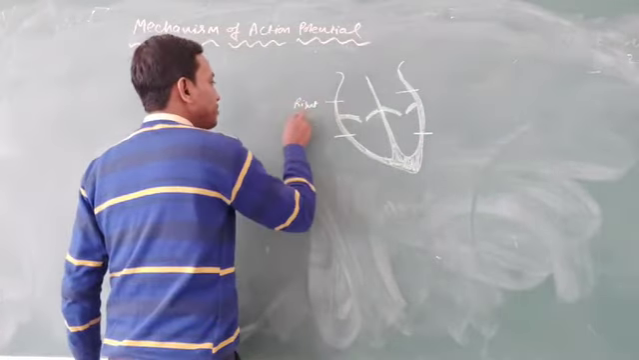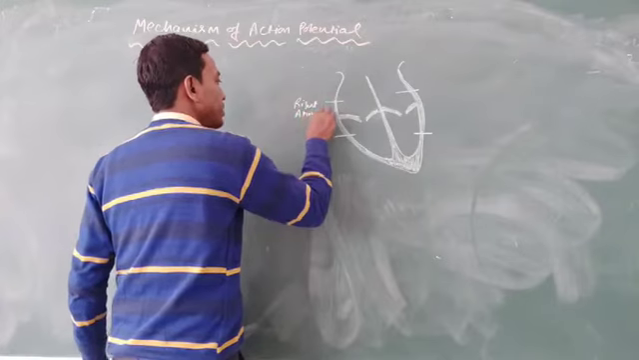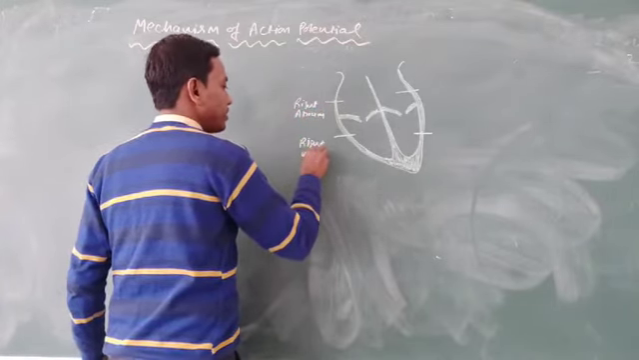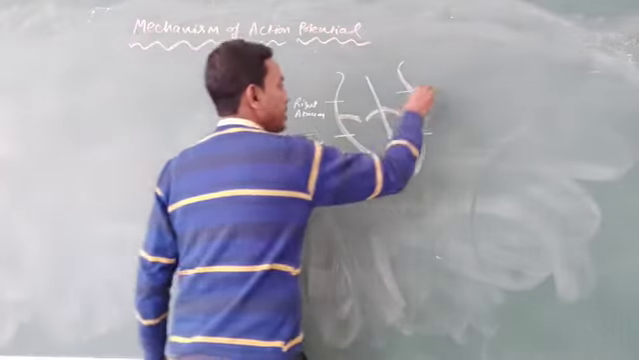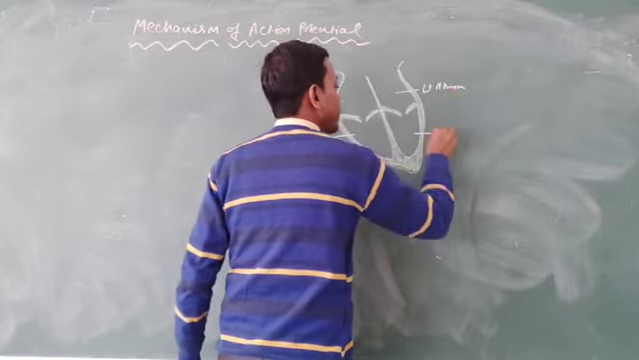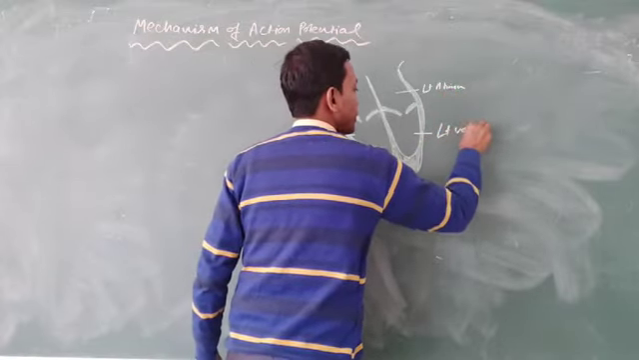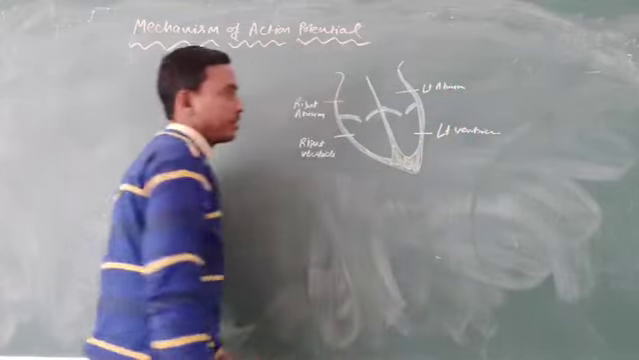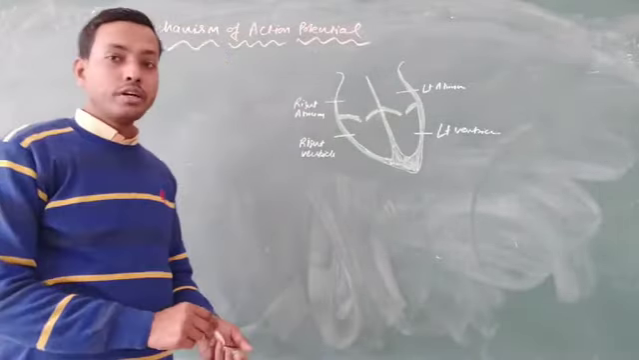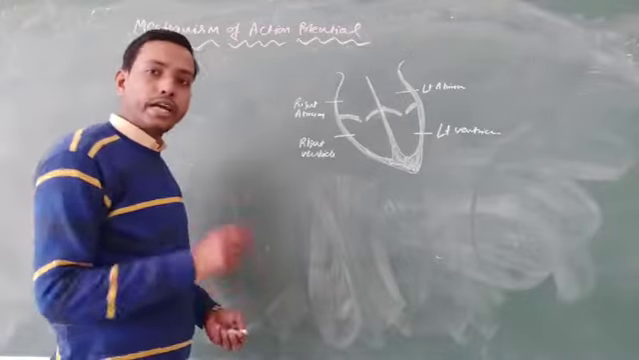The right atrium and right ventricle, the left atrium and left ventricle. Listen carefully to how the different kinds of musculature tissues work inside the heart and are able to pump the